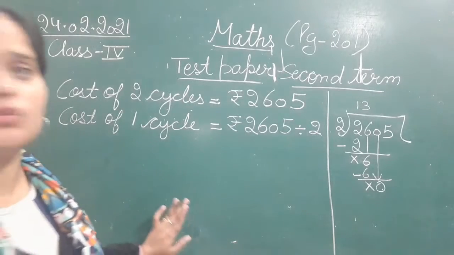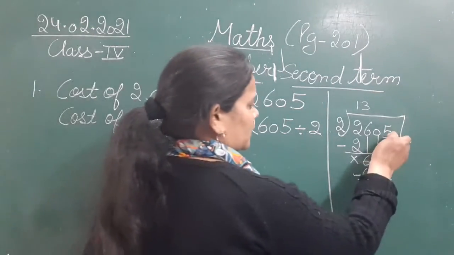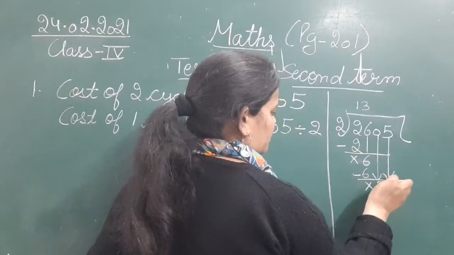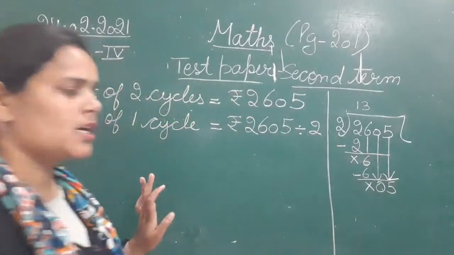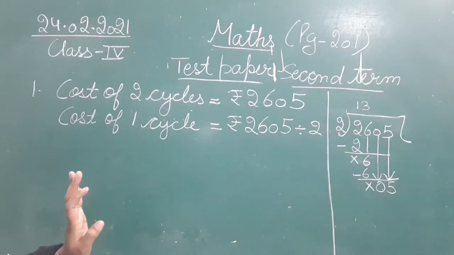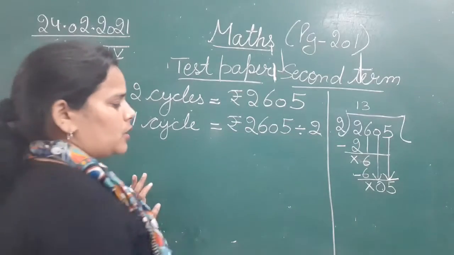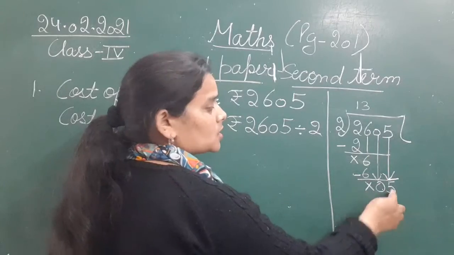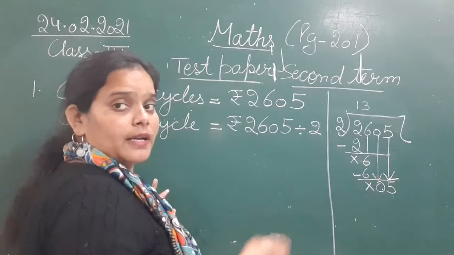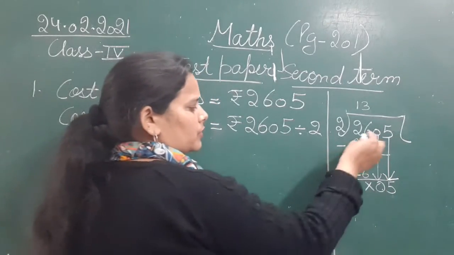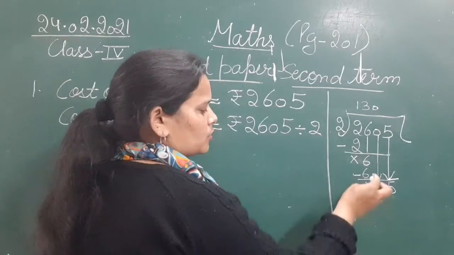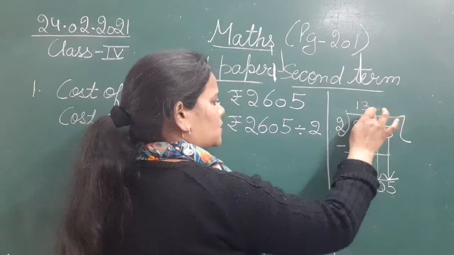So what will we do? We will bring down the next digit as well, that is 5. Okay. So अगर जब हम 2 digits नीचे इकट्ठे उतारते हैं, क्या करते हैं? When we bring down 2 digits continuously, what do we do? We will just put a 0 here. Okay. So 0 लिख के 2 digits हमने उतार लिए. So we will put a 0.